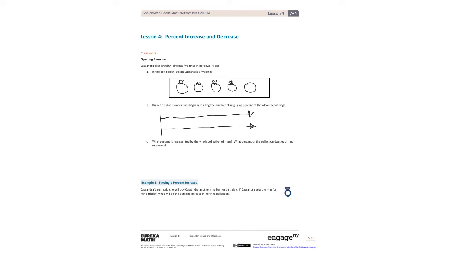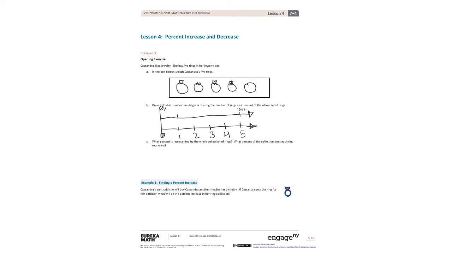So first, the top number line is going to represent our percent, and the bottom number line is going to represent our rings. So here we're going to have 1 ring, 2 rings, 3 rings, 4 rings, and our 5th ring. And we know that our 5th ring is going to be out of 100. And then also, when we have no rings, which we're going to use a 0, that means we have 0%